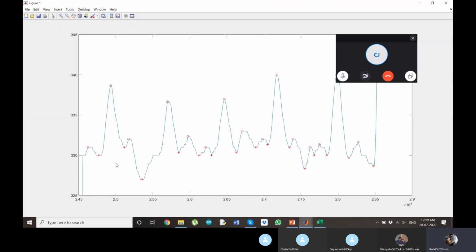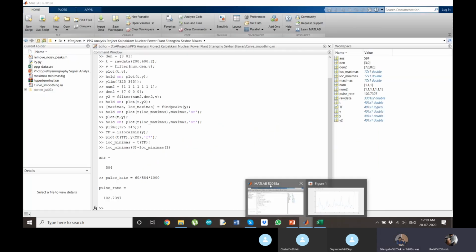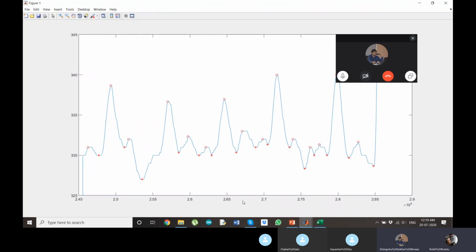It will be more accurate if we just take all the beats and average them over the entire range. Can you take some more points? Okay, sir. Like minima 4 minus 5, something like that. Okay. 1, 2, 3. So I'll take 3 to 5. The minima is from 3 to 5. This is also a systole and a diastole. Some 3 minima you calculate the duration and take the average. Okay.